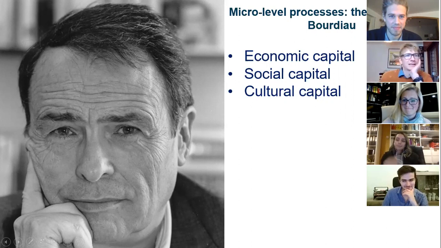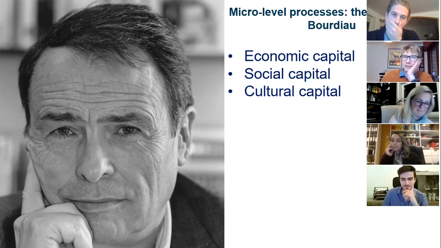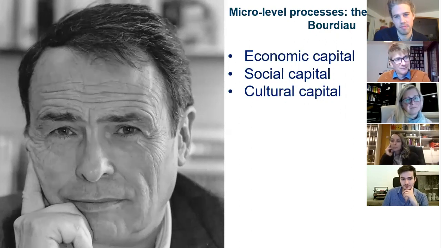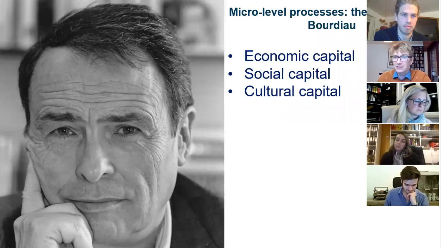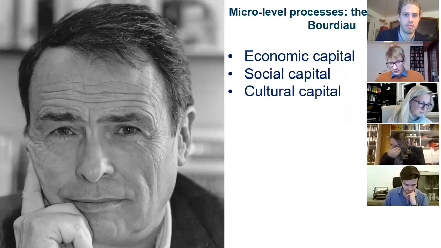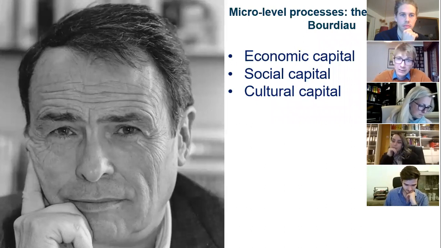Okay, because that's kind of straightforward, but economic capital clearly plays a role, because what we see is that the most common factor that is mentioned by people when you ask them why they did not move is finances, right? So finances have a very crucial role in allowing or disabling the option for mobility. Social capital is also important, because what we see is that students who have friends in their network, for example, who already went abroad, who have family members that went abroad, are also much more likely to move.